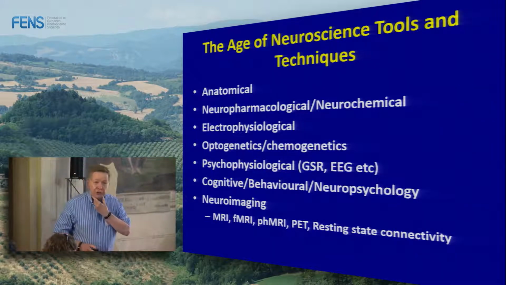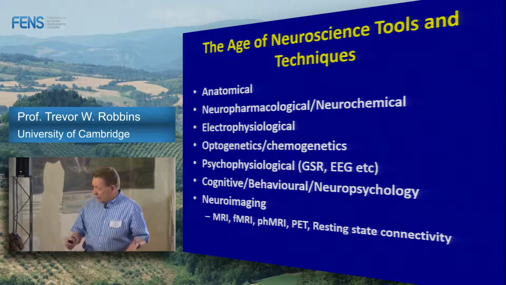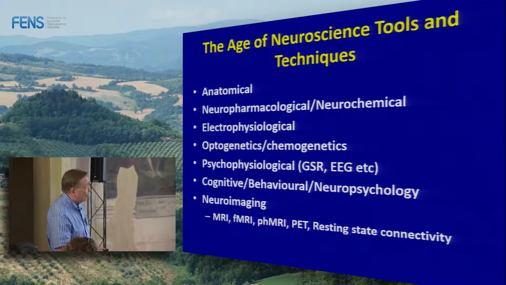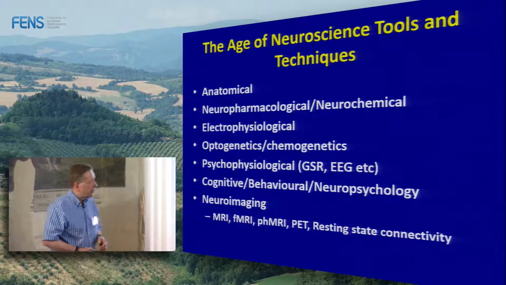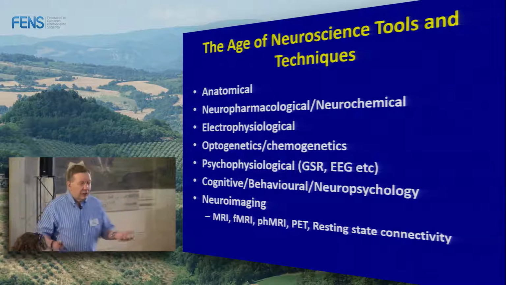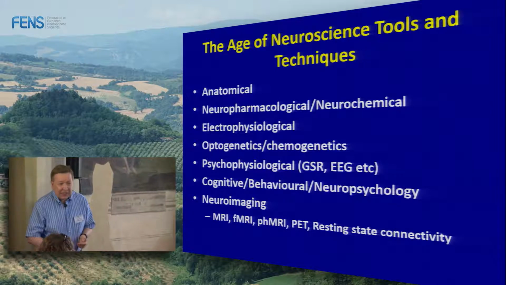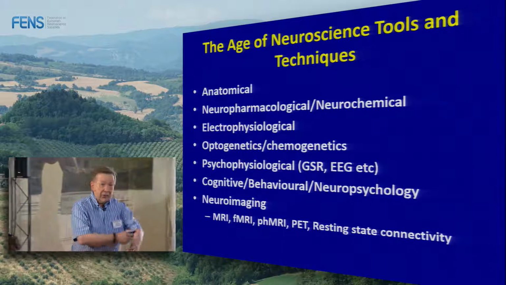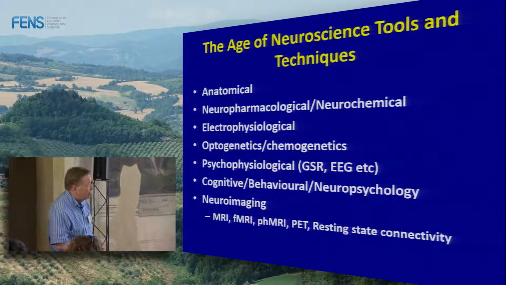And we have a lot of tools to study them, and I think we have to use all the tools available in order to gain understanding. And here are the main tools that I can think of. Obviously anatomy, neuropharmacology, because we have a variety of drugs which can affect these substances. Single unit electrophysiology, population electrophysiology, very important. I'll say a word about optogenetics and chemogenetics. Psychophysiology, mainly in humans, GSR responses, galvanic skin response, heart rate, EEG measures, and then a variety of